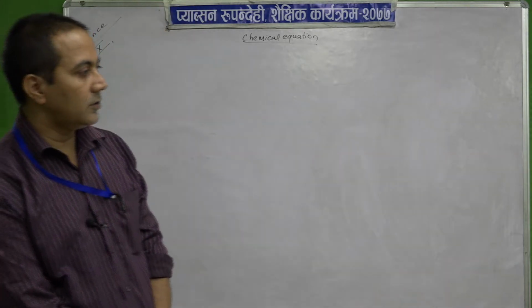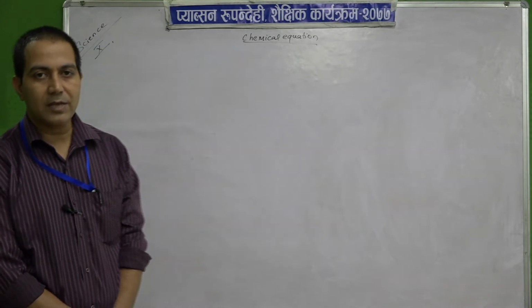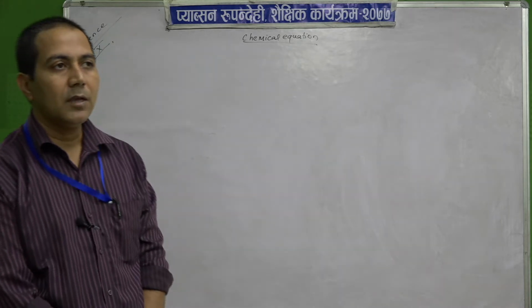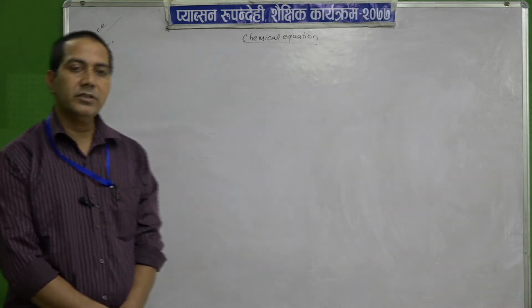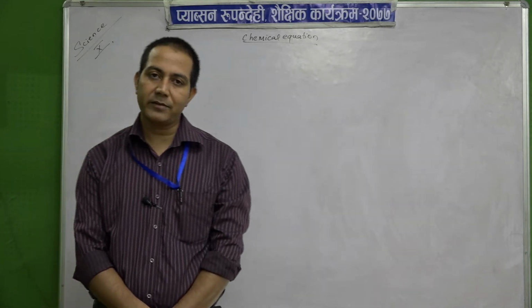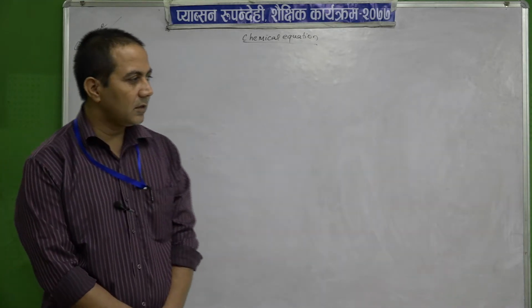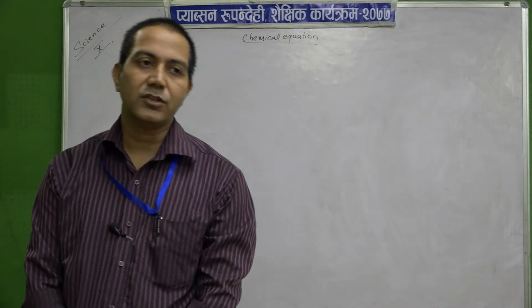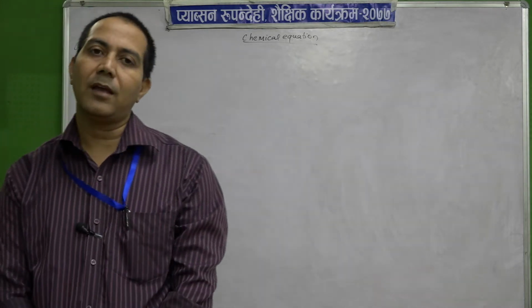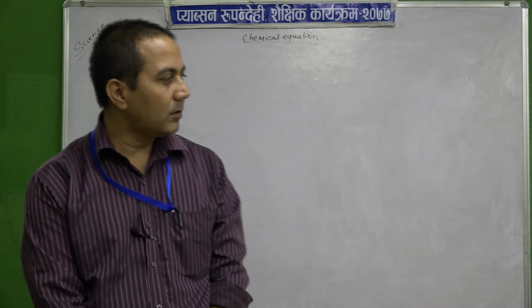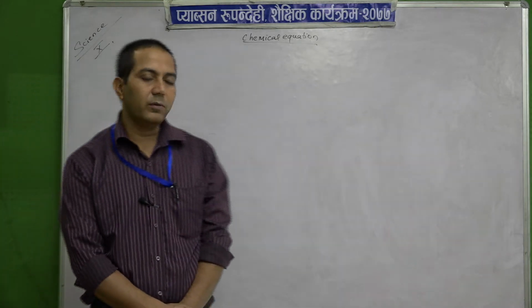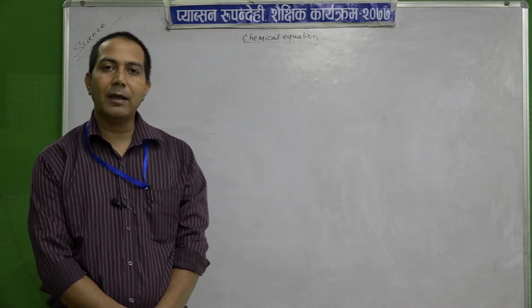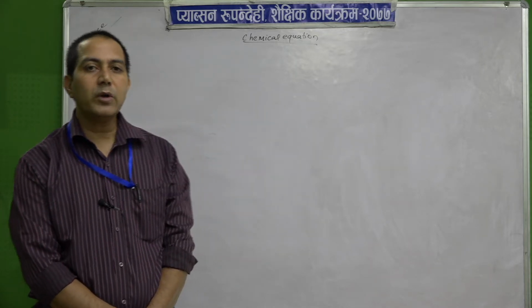In our study, we learn different methods for balancing chemical equations, like the hit and trial method, the partial equation method, and the oxidation and reduction method. But students in lower classes find these methods difficult to understand. Therefore, I try to explain different methods by which they can balance the chemical equation more easily than the other methods.